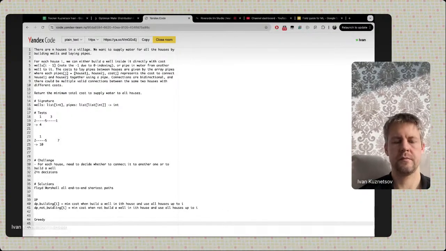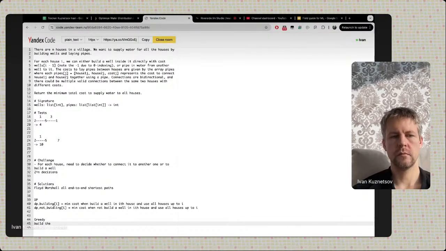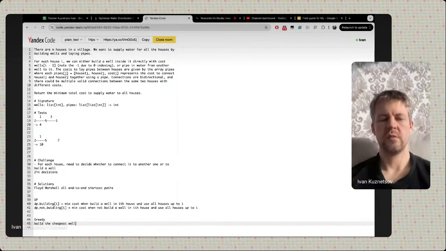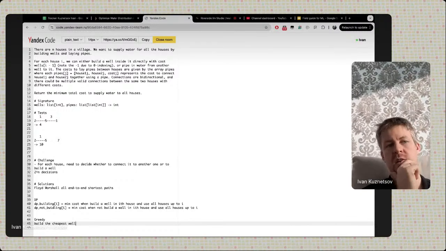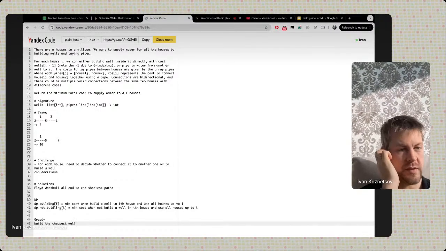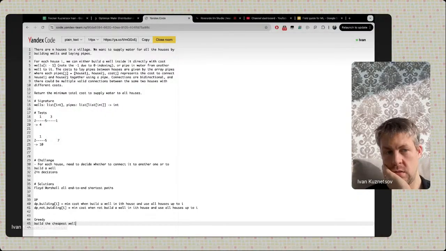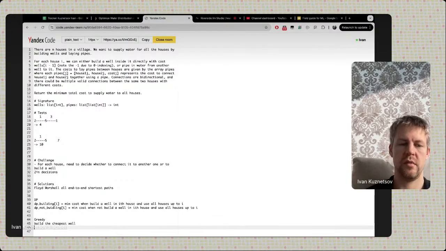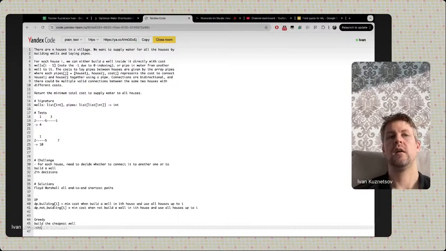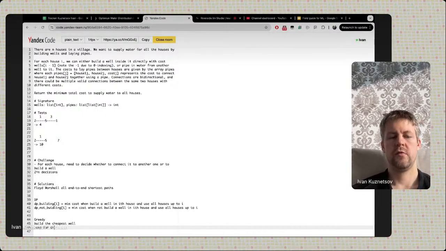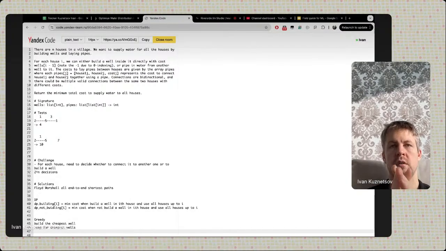Greedy. Cheapest well. Yeah, start by building the cheapest well. Then after you have built it, you can use a heap for cheapest wells. So